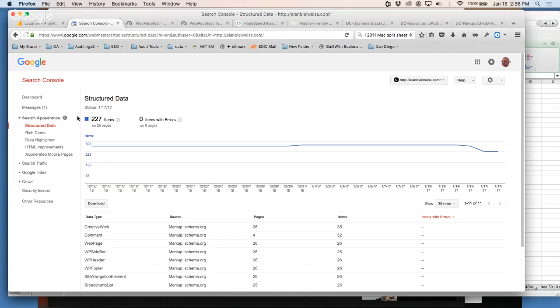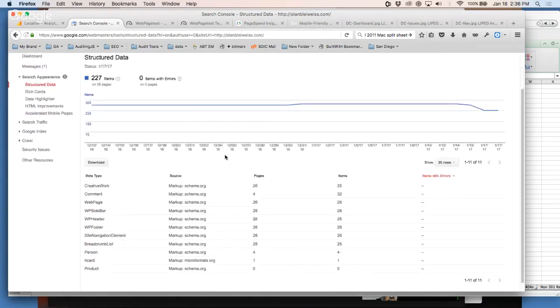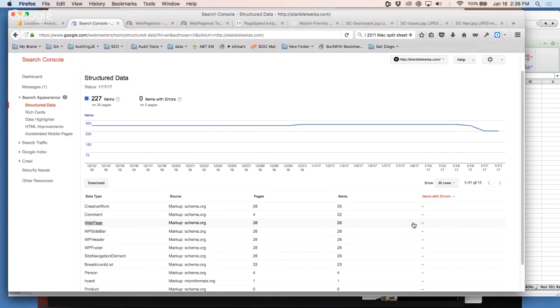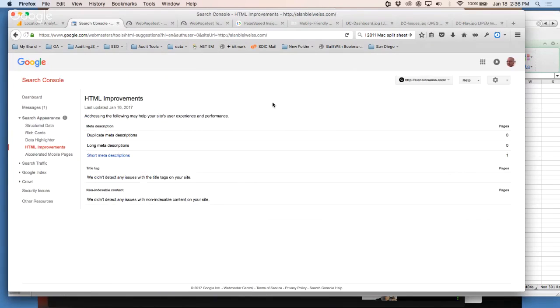Right. But Google Search Console is another critical tool that I use to understand what the signals are, what's going on. I can look at structured data and see if there are errors there. This is part of the audit work that I do. I look for HTML improvements right here in Google Search Console, right? If I'm missing page titles, it's going to tell me. I don't need a third-party tool to do a lot of the work that I do because Google already provides it for free, right? Accelerated mobile pages data.